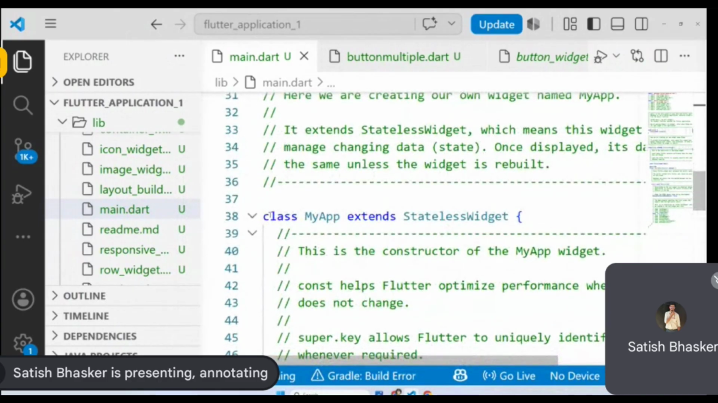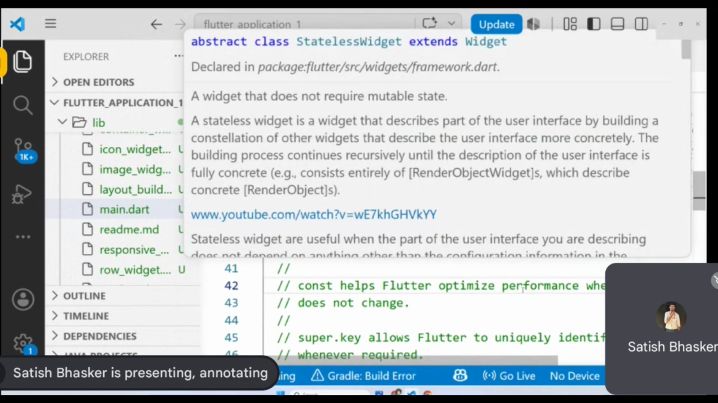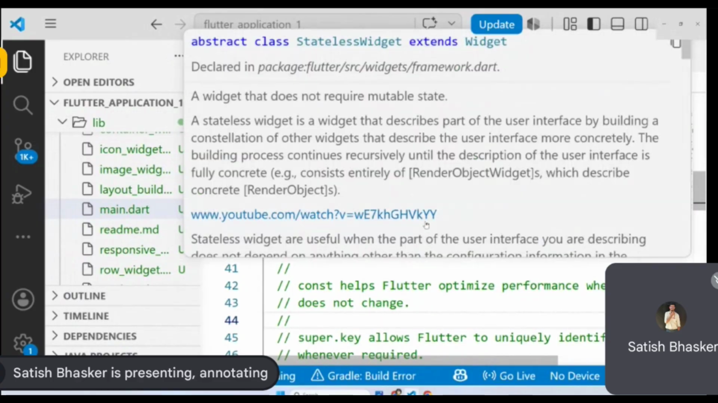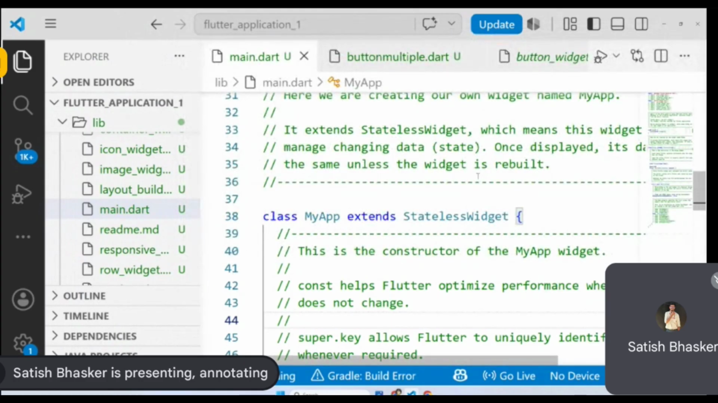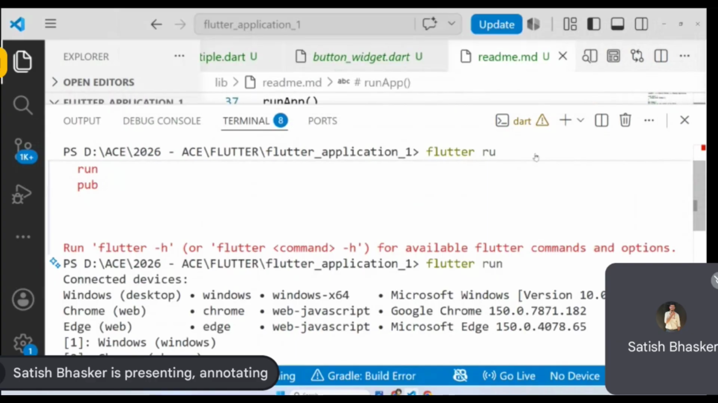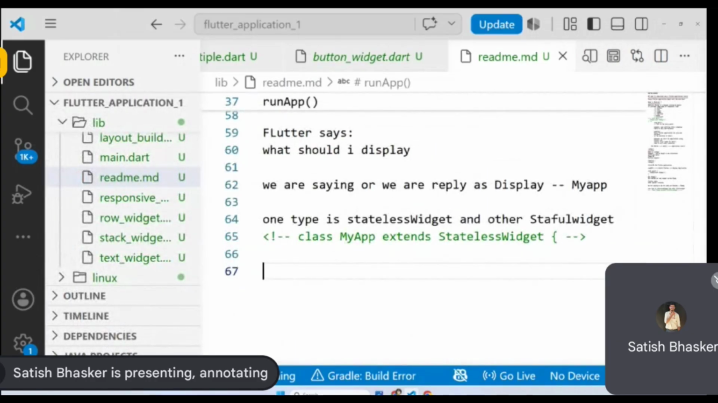Now for the next line, I would like to explain why we have written this class my app and extended it into stateless widget. You can also search in Google about stateless widget and stateful widget, what they exactly mean, and I have explained this in multiple classes as well. I don't want to repeat it, but I would like to go beyond this. Okay, so let's go to readme.md, and in class also I've told you everything